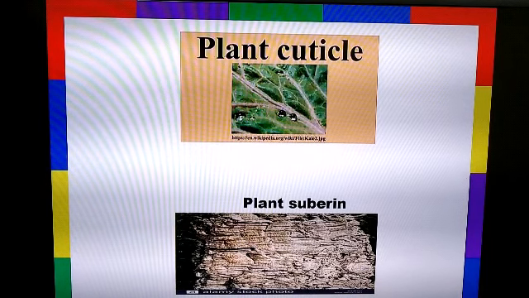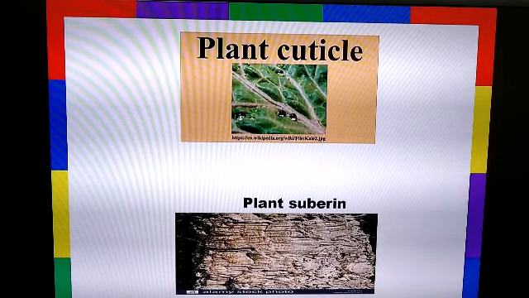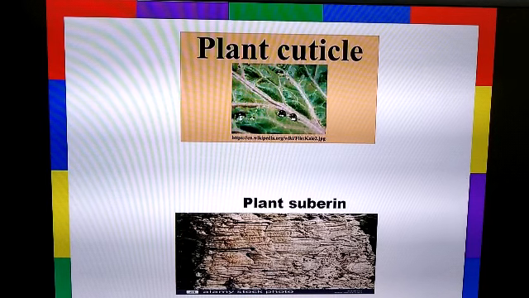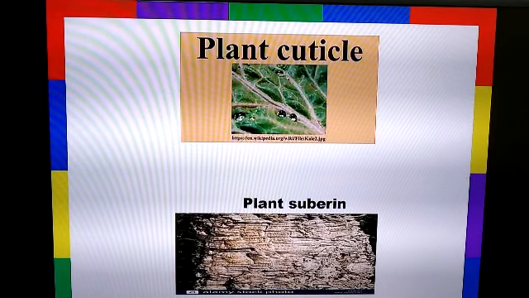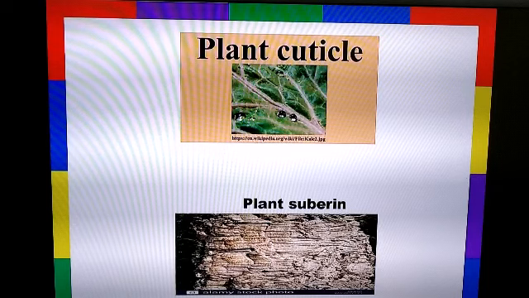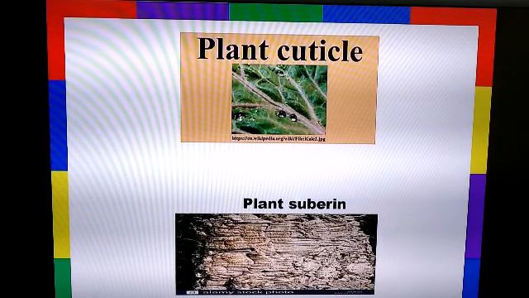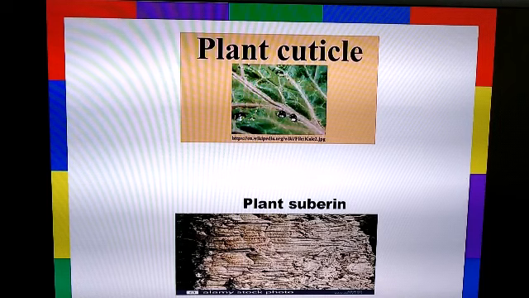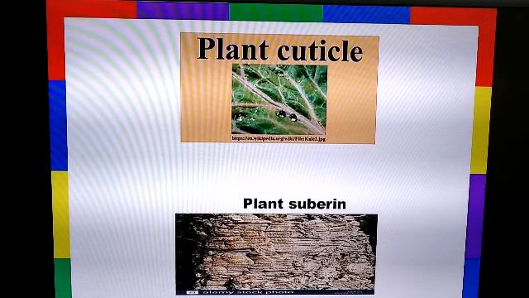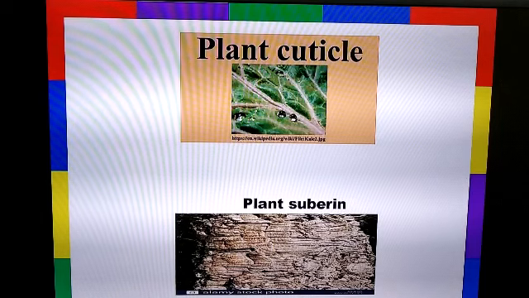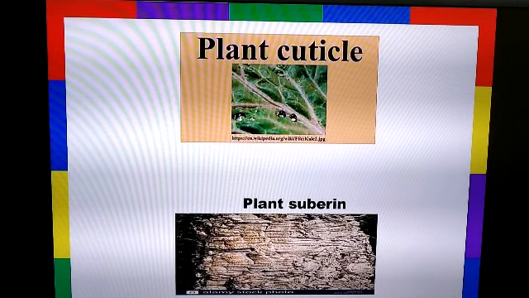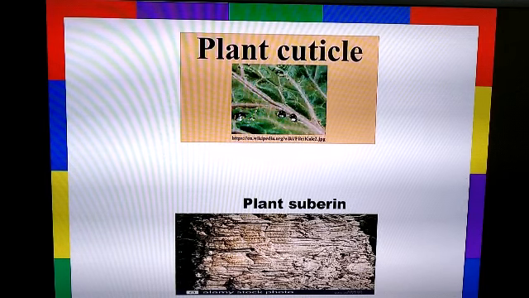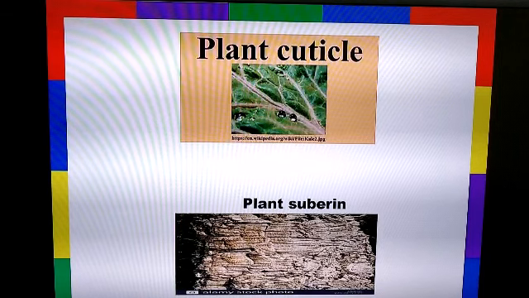In desert plants, there is a substance called as suberin, which is also a wax-like fatty substance, which occurs in the form of cork cell. You can see this suberin is a hard, thick covering which is present on the bark of the tree. Here, this is the bark of the tree. So this particular kind of polymer is present over the tree in the form of cork cell. So basically, what is the function of cuticle, cutin and suberin? To prevent the water from entering into the plant tissue and thereby protecting the plant from getting decayed.